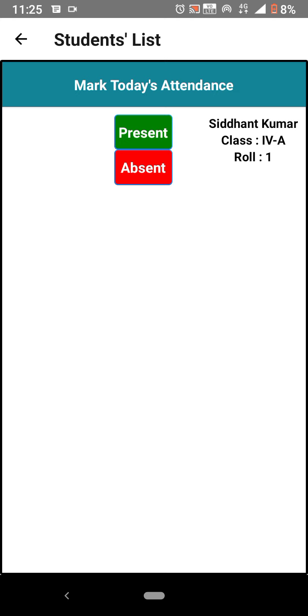As soon as I enter the application, it will ask me to mark my attendance for the day. It will keep showing this page until I mark myself either absent or present, but I have to mark it. Here it is showing I can press any of the buttons. I can mark myself present. So now I am present. Now I can leave this page, and this is the landing page actually.